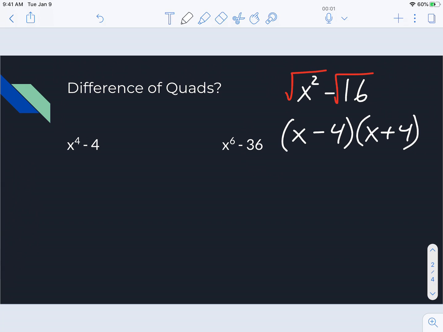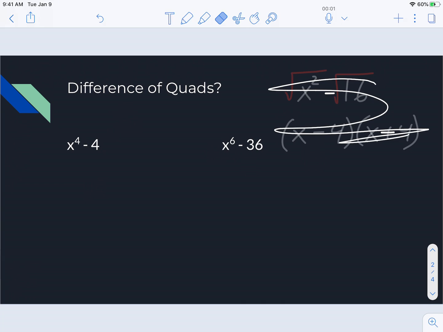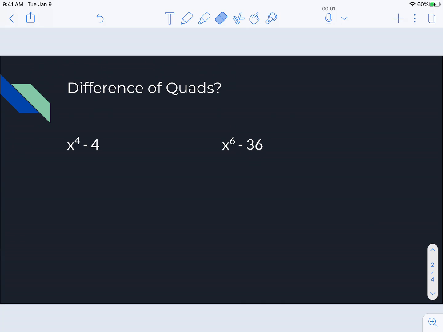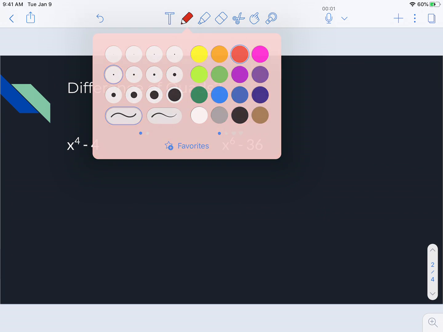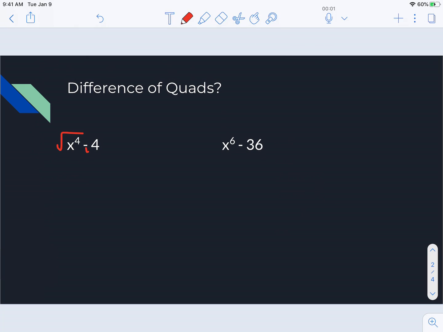So if we think about them the same way, this first one, both of those are perfect squares. The square root of x to the 4th is x squared, and the square root of 4 obviously is 2. And so this pattern still works: x squared minus 2 and x squared plus 2. If you want to pause and do the next one, otherwise,